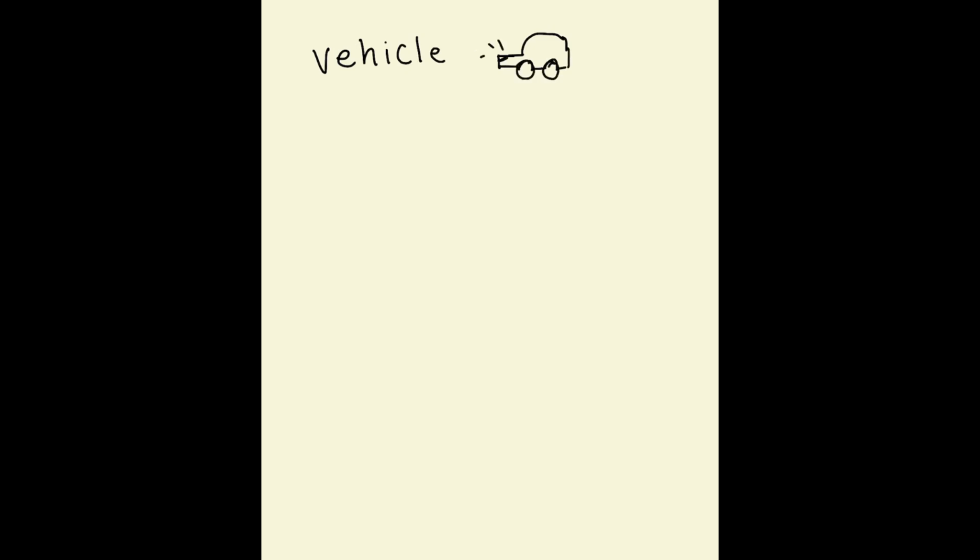This will just encourage you to practice your spelling more often, and it gives you the chance to have some creative time doing some drawing. Vehicle, V-E-H-I-C-L-E. The next one is Q, Q-U-E-U-E. And then you can draw a little picture of a queue, which is just people standing in a row